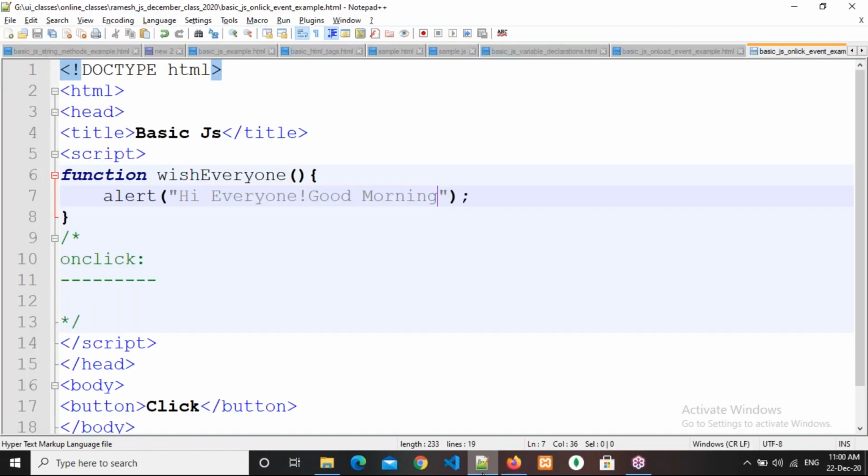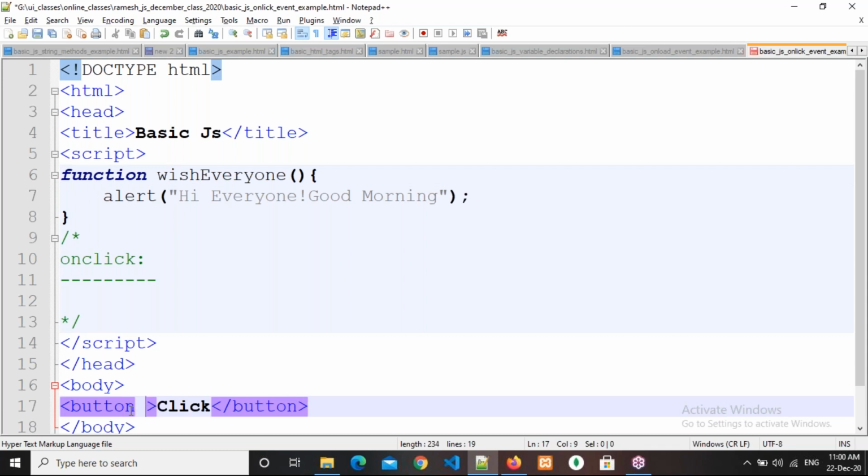No. So see here, there is JavaScript, there is a button HTML element, but still we are not getting it. Why? Because there is no relation between this function and this button. We need to build a relation. How? Through an event. When should this message come? Whenever I click on the button. So click means onclick. You need to go for the onclick event. Equal to, what do I need to write? Return